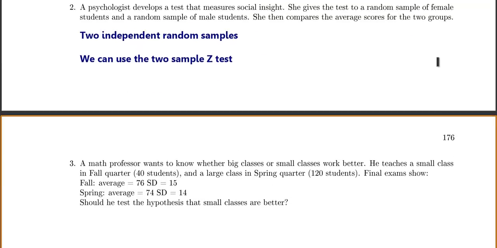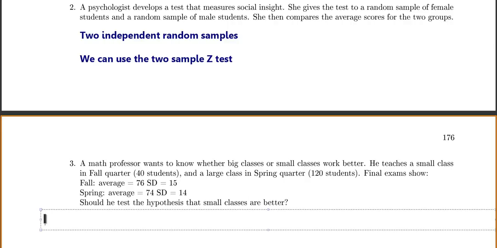Now in problem 3, a math professor wants to know whether big classes or small classes work better. He teaches a small class in fall quarter, 40 students, and a large class in spring quarter, 120 students. Final exams show that the fall average, so we have the fall average and standard deviation, spring average and standard deviation. And the question is, should he test the hypothesis that the small classes are better? And so this one is kind of a trick example because when you look at it, those two classes should be independent, right? Those two classes shouldn't be related at all, so they are independent groups,